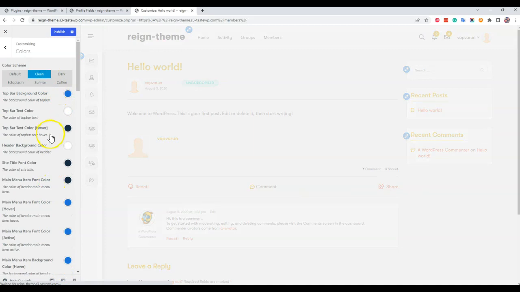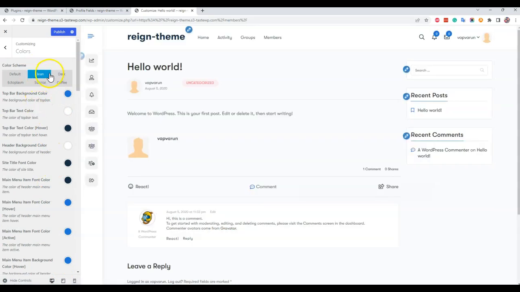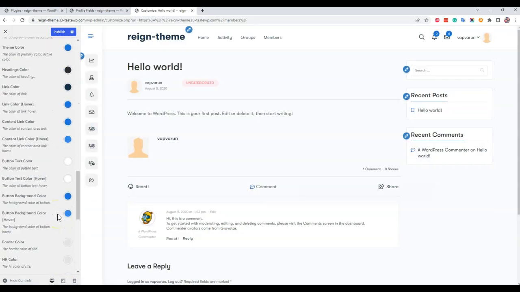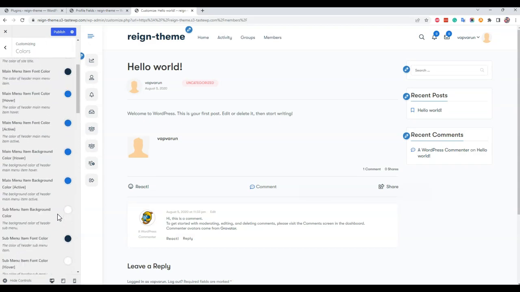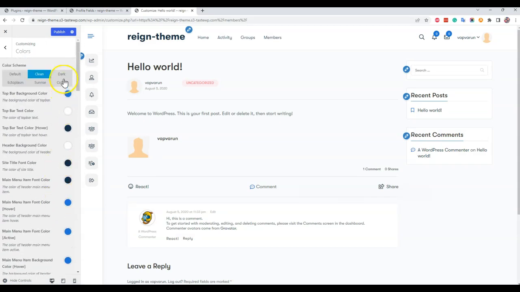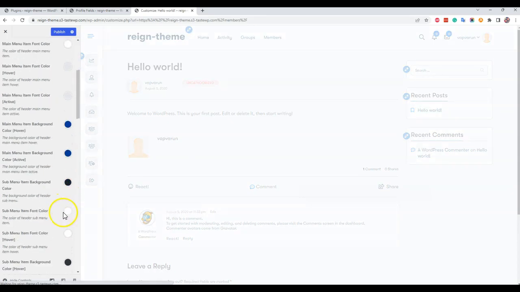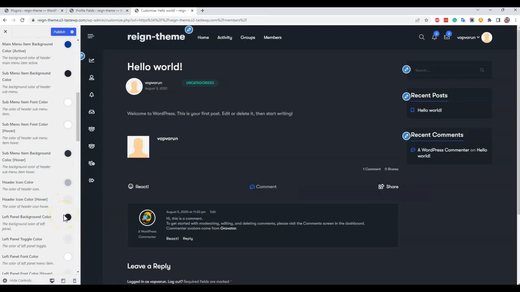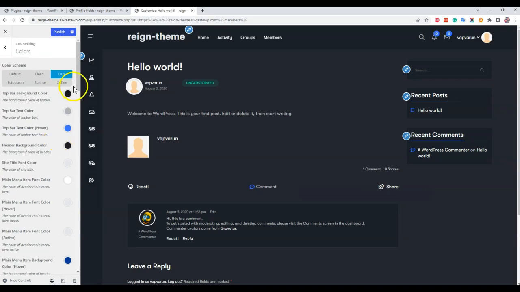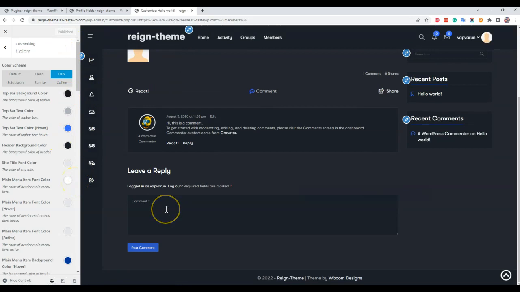If you are planning to use your own color scheme, just start with the clean style and then make changes inside it to match your branding and all those things. And we also have a dark mode option. So we have set a color scheme for the dark mode. When you are planning to use this dark mode color scheme, you can make changes to it, and once this dark mode option is enabled or disabled,